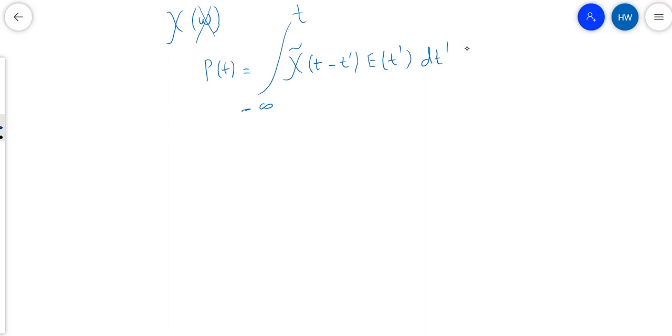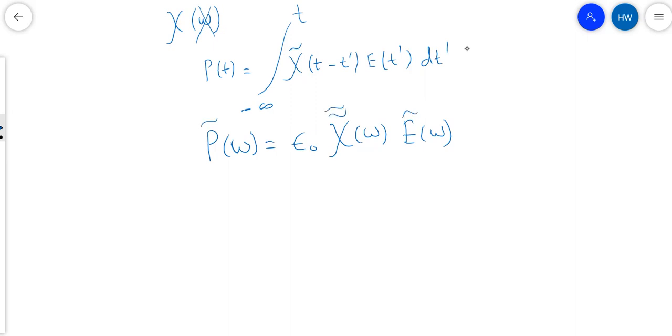That is, in time, what I have is a convolution where every other time earlier than my instant at which I'm interested in contributes to the polarization at that instant. So if I say that something is non-dispersive, what I really mean is that the polarization responds instantaneously to the field at that instant. So actually in reality, if I go to the Fourier world, you see that my P